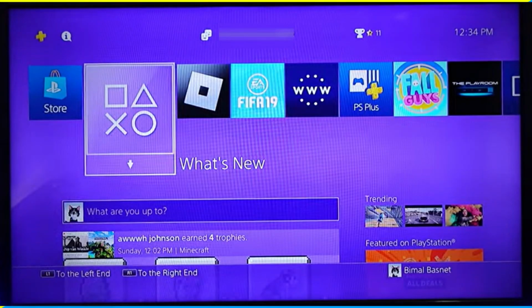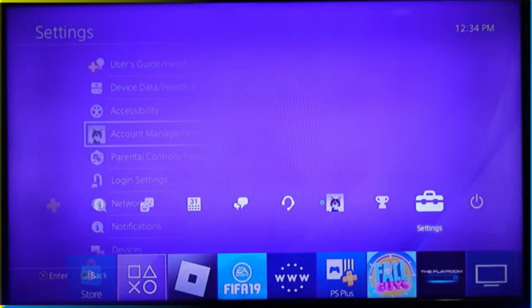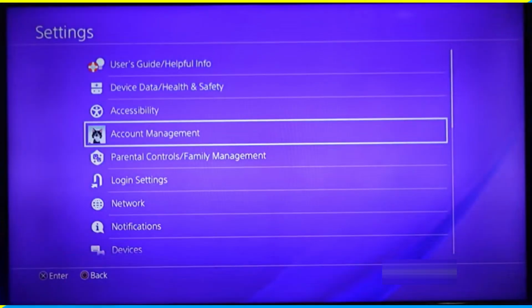Now there are two ways that you could typically connect, but let me tell you right away that even if you connect it, there is no advantage because you can't call, you can't text, and do those things using Discord over here. So first way is you can simply go to Settings, then you can simply go to Account Management,